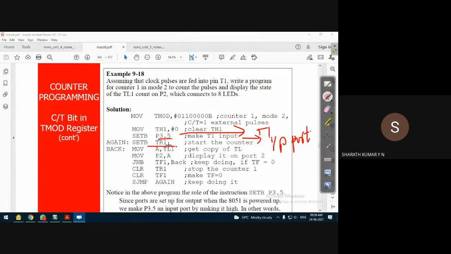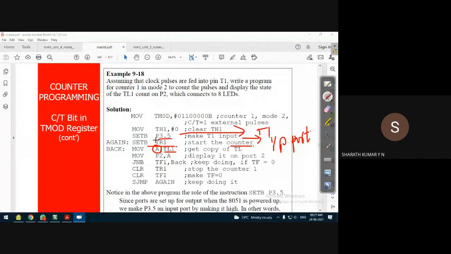Once the timer starts, it will start receiving the external clock pulses, and then it is a counter. Once it starts counting the clock pulses, it will have the count. The lower byte of the timer holds the count. You can save that count somewhere, because we need that external event count.